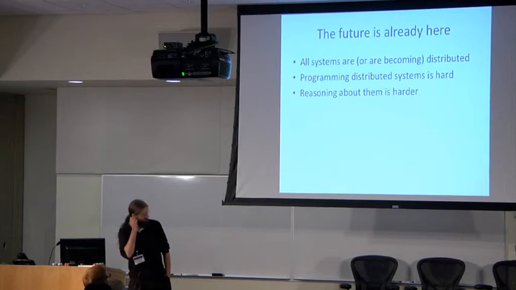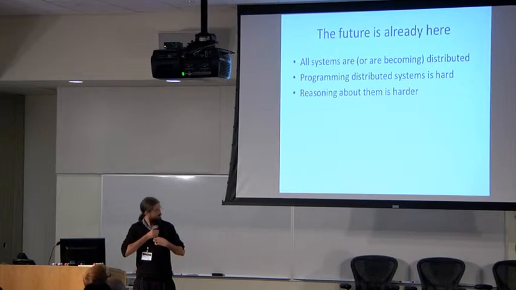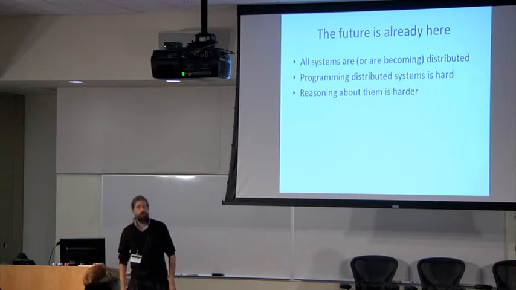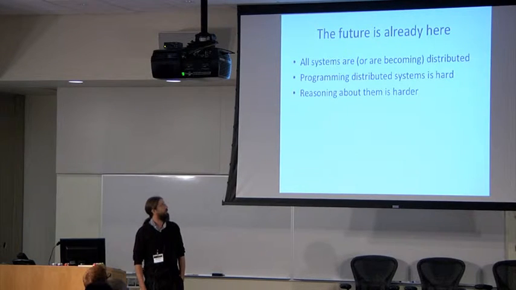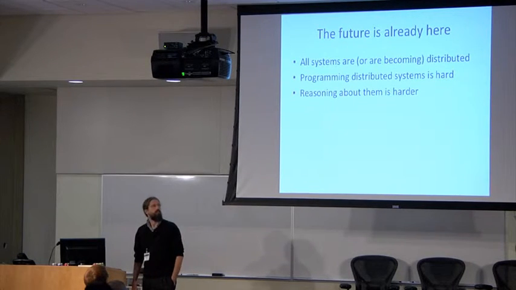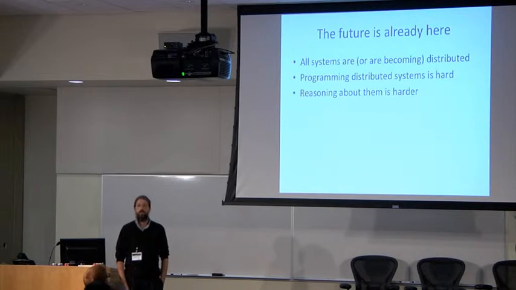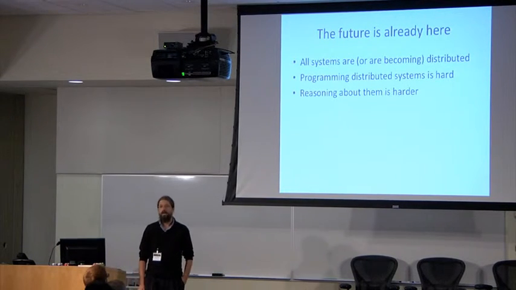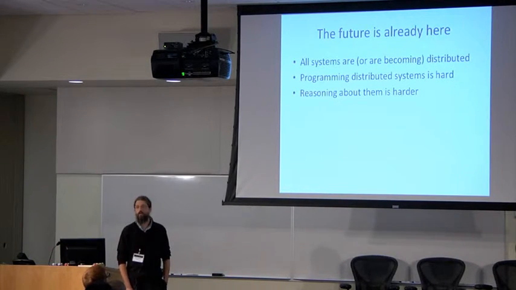I can make short work of this slide with this crowd, I think. I don't need to convince you that distributed systems are hard to program because of asynchrony, because of concurrency, because of partial failure. And if these systems are hard to program at all, then reasoning about whether their executions are correct is hard squared. And this is an urgent problem now because all systems are distributed.